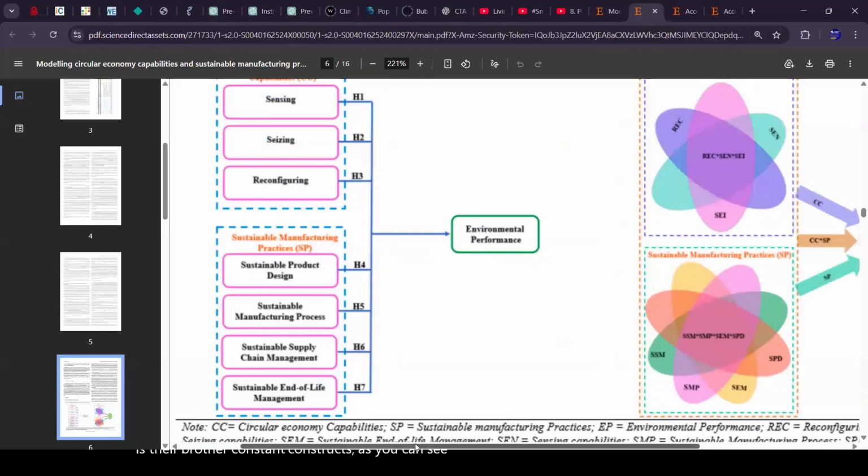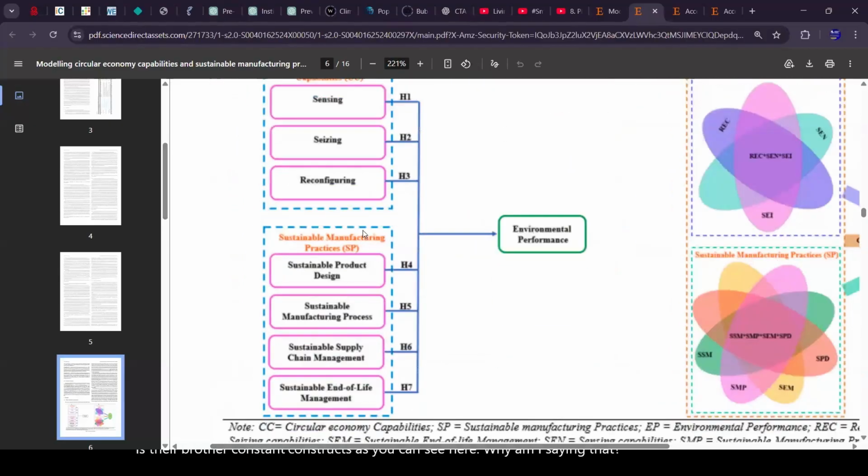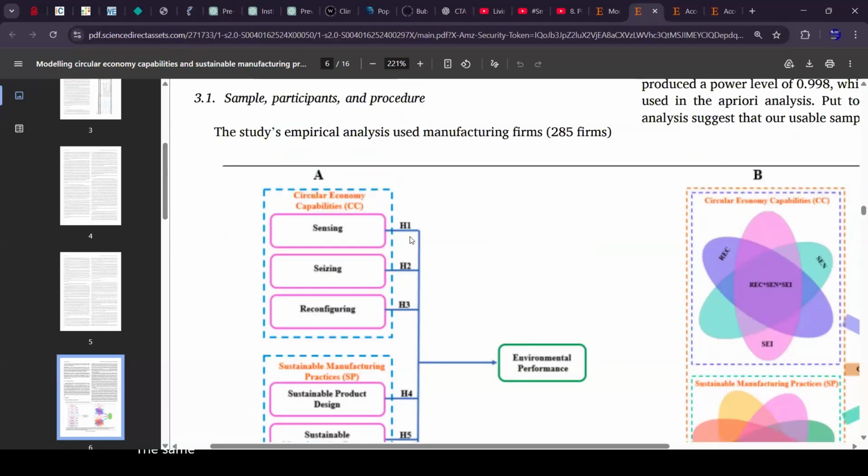Why am I saying that? Because this is the bigger umbrella for these 1, 2, 3, 4. Sustainable product design, sustainable manufacturing process, sustainable supply, sustainable end of life. These are also variables. These four variables are coming together, and they are called sustainable manufacturing practices. The same way, for circular economic capabilities, we have three different variables. So why are we saying that they are variables? Because